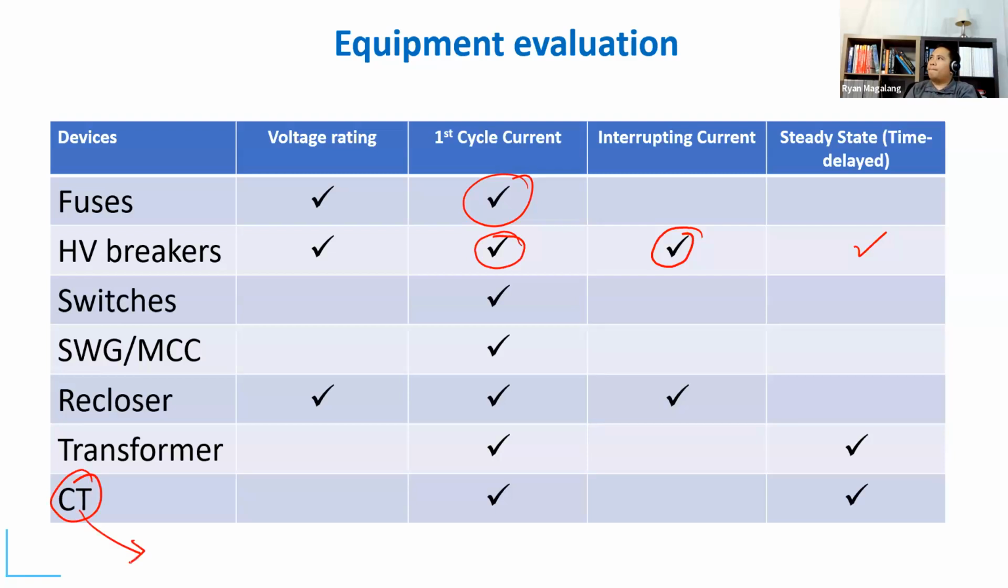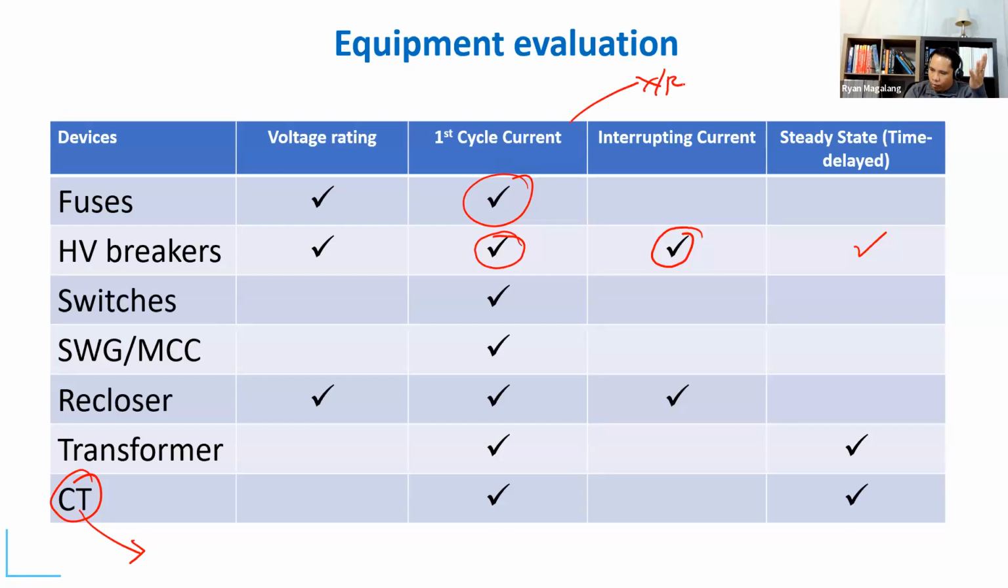The CT is normally evaluated based on the rated current, right? Your 1200 to 5, let's say, should be able to carry 1200 amps continuously. But where it becomes relevant, and this goes back to the X/R ratio, is for the CT